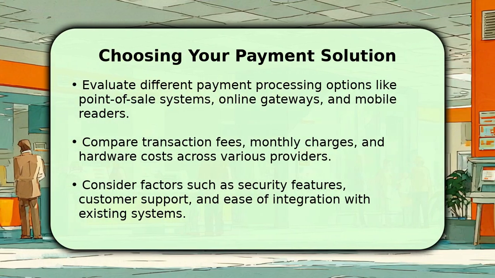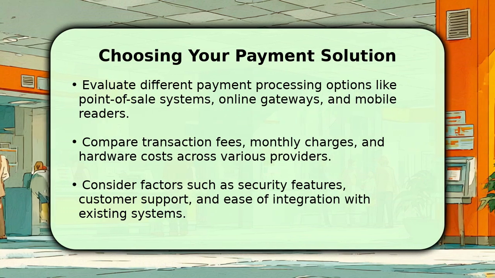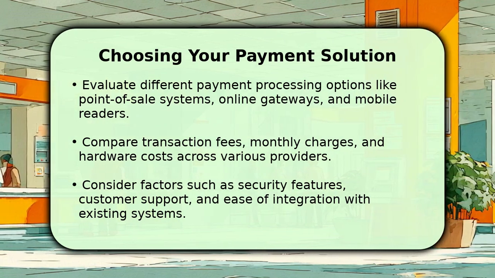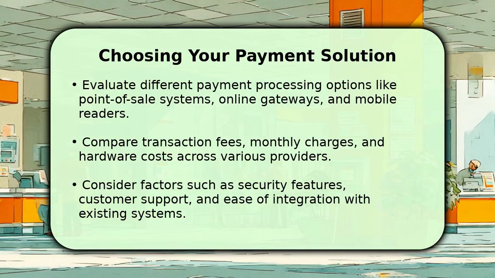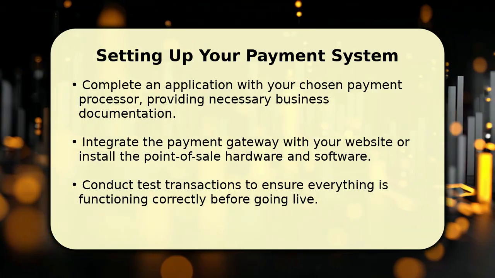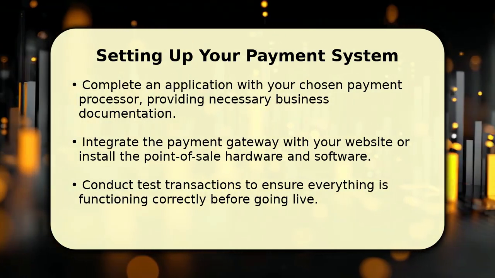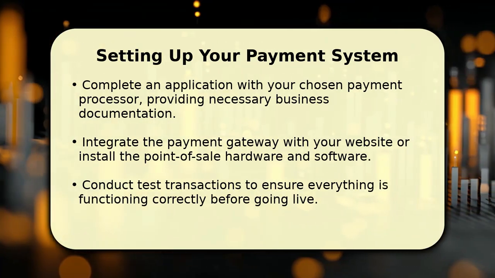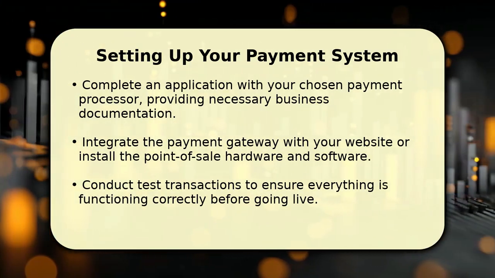Carefully compare the associated fees, including per-transaction percentages and any monthly service charges, to ensure cost-effectiveness for your operation. Once you have chosen your processor, the next step is setting up your system. You will typically need to complete an application, which often requires your business registration, tax identification number, and bank account